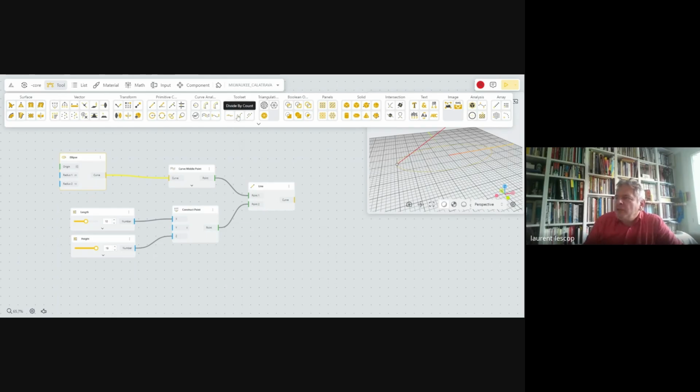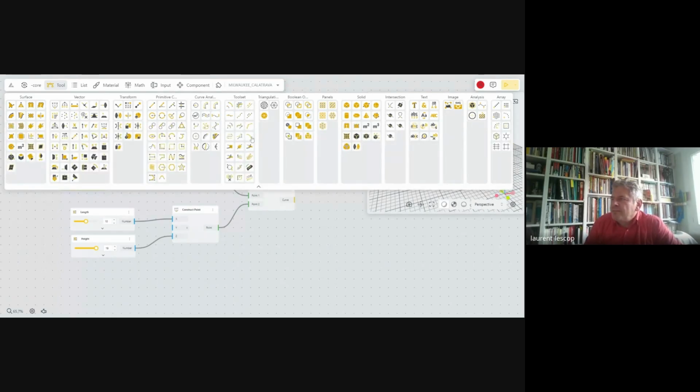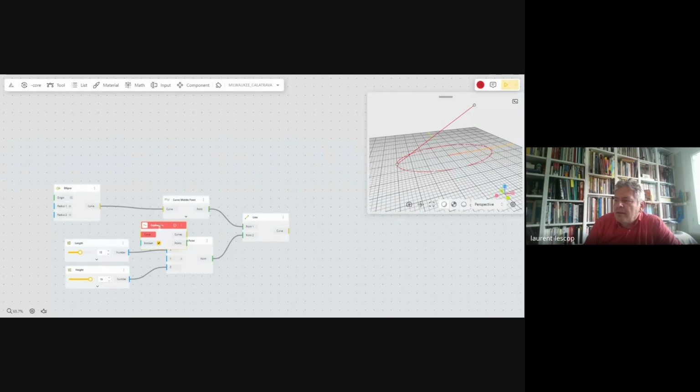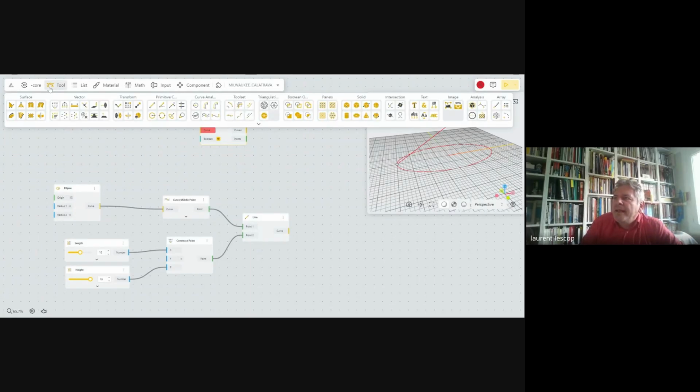To divide the ellipse into two, I will use explode or shatter. I will just check whether it's easier to explode or to shatter. It's easier with shatter. With explode, you don't really have the control.